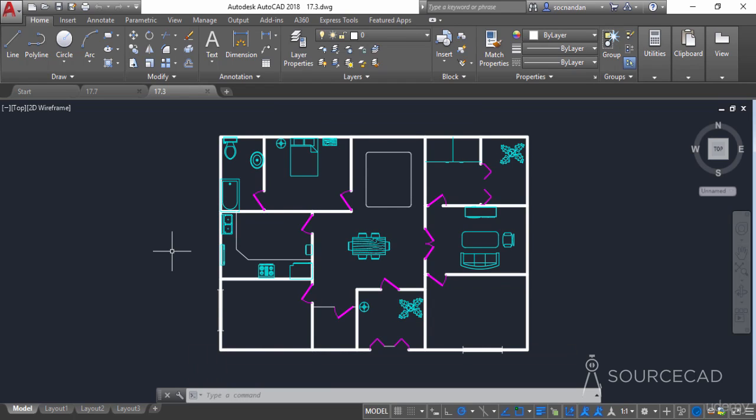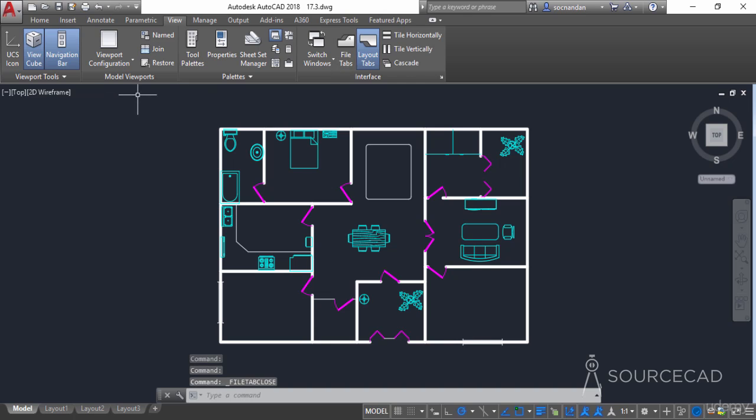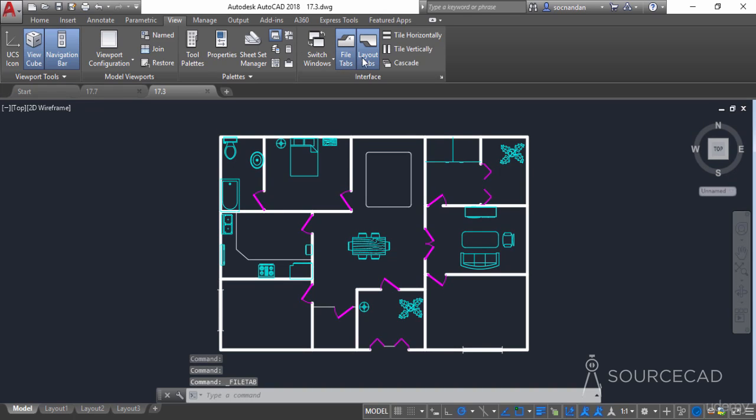So these were different methods of cleaning your drawing or fixing the errors in the drawing. But what if the error is related to the software itself? In those cases, you can try different options depending upon the error which you find. For example, if you have some missing toolbar icons, you can go to this view tab and turn on that respective icon. For example, here we have the file tab. Let's say that file tabs are missing, just like this. You can simply click on file tab here, or if layout tabs are missing, you can bring them back, you can toggle their visibility and lots of other things.